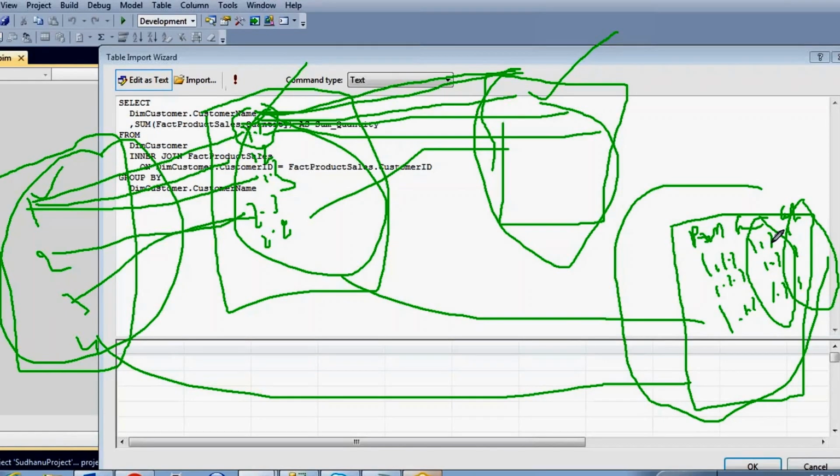So if you don't have a direct relationship, whenever you want to see which subcategory a particular quantity 10 belongs to, you just join the fact table with the product table, the product table with the subcategory table, and the subcategory table with the category table. How are you going to join? In the product table I'm going to maintain the subcategory key, and in the subcategory table I'm going to maintain the category key.